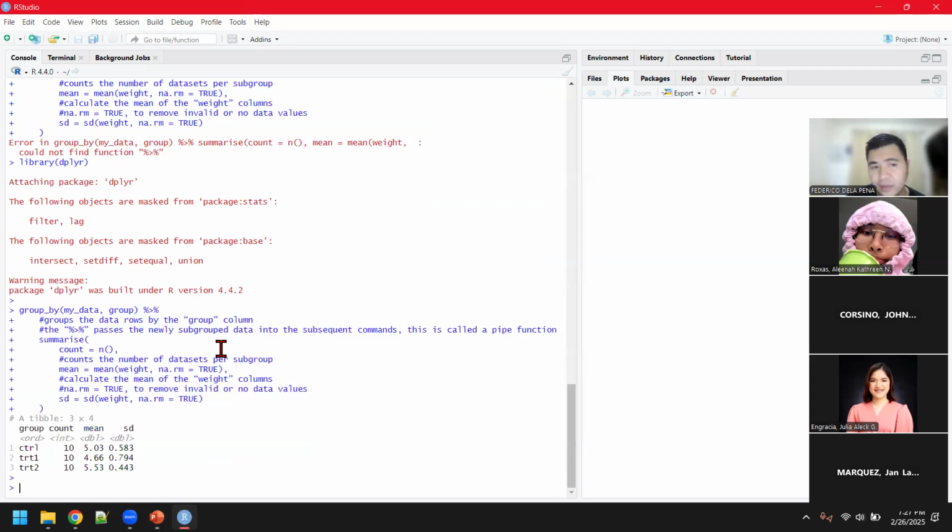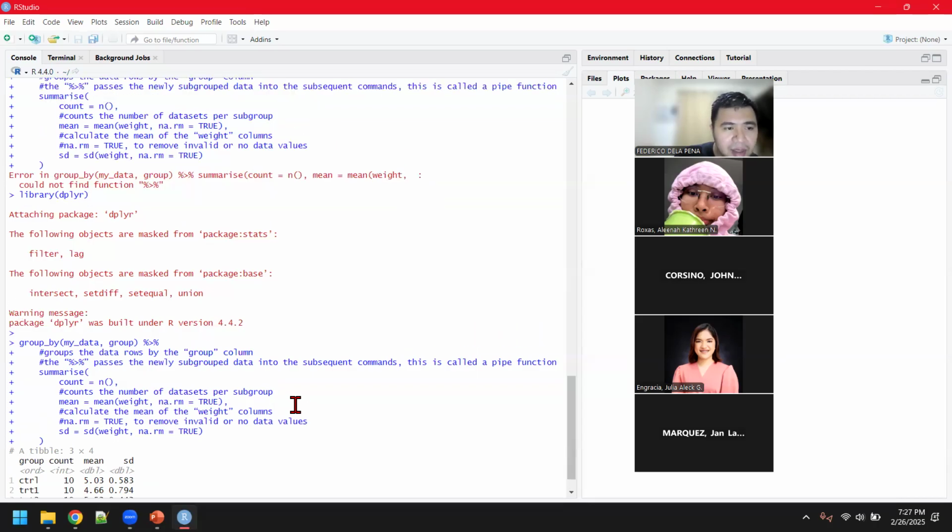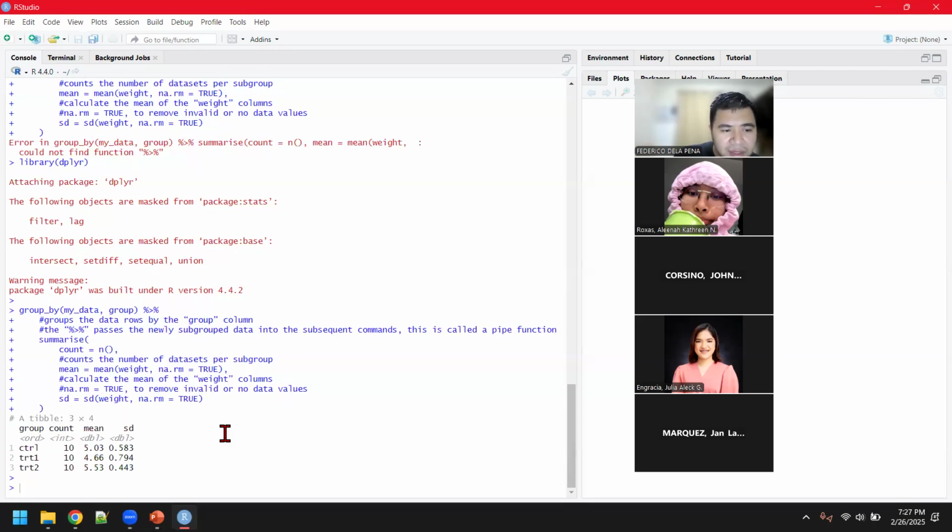Okay, so for some reason the console was able to recognize my command after I activated the dplyr library, right? So this is my result. You have a table of 3 by 4, and the group here shows you